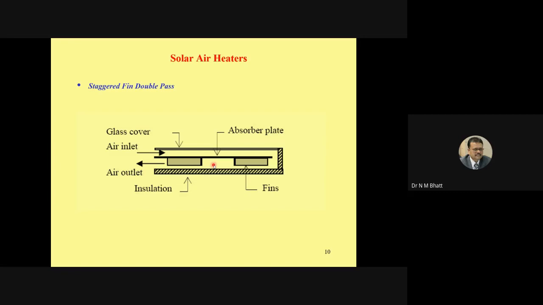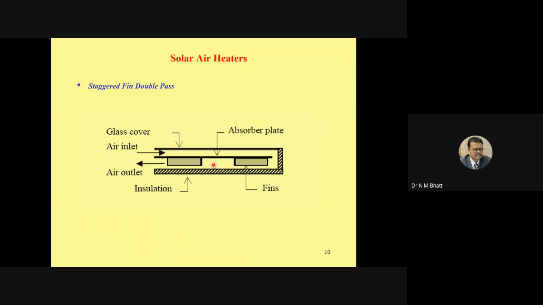The fin basically creates some obstruction in the flow of air, so that also increases the pressure drop. So that is also once again an optimization problem. Optimization means, when you change some parameter, something increases and something decreases. When two parameters vary in directions opposite to the desired direction, at that time you have to go for optimization. That means the heat transfer should be higher at minimum increase in pressure drop.